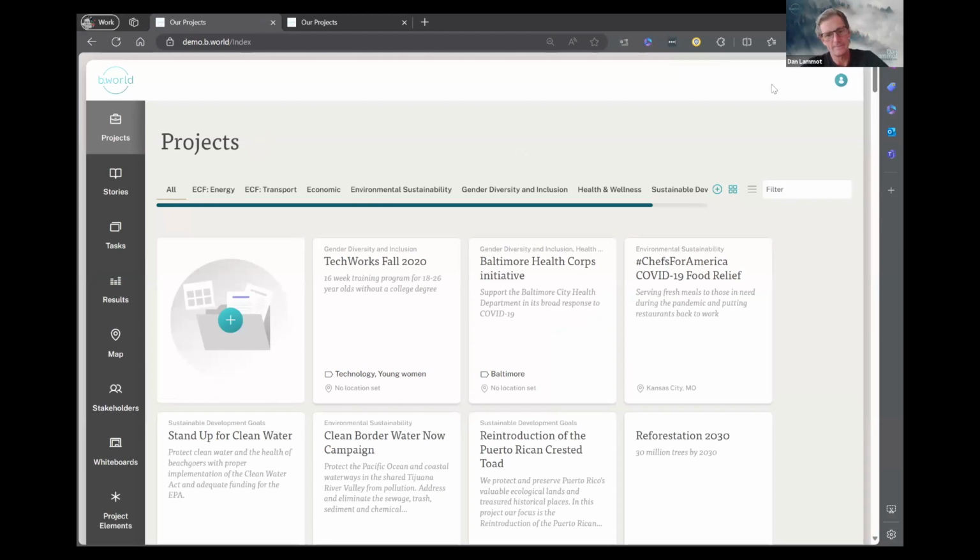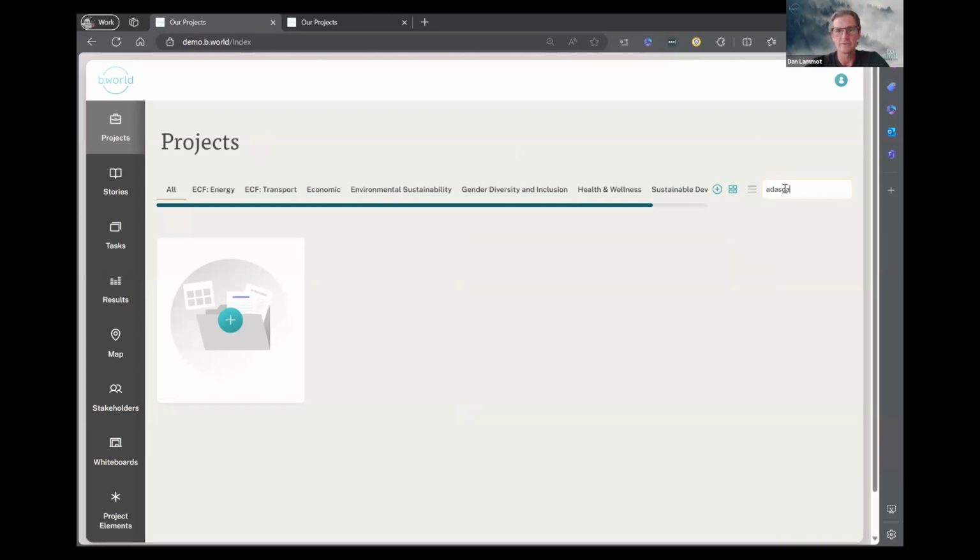And so the app that I'm going to show you today is our demonstration instance. So it has lots of impact projects in it, and that'll hopefully highlight a number of the different features. But the idea is that when you first come into b.world for the very first time, you really just see an empty screen. And this highlights our goal of being really user-centric